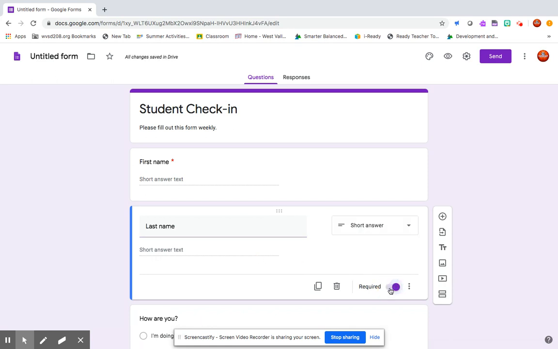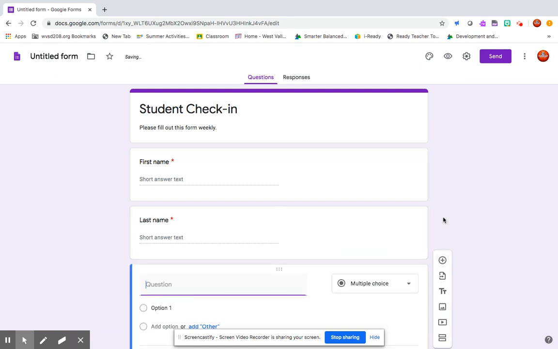Also, I would recommend if you teach multiple subjects or multiple periods, one thing that I like to do is add all those different options for students to click on. That way, when I go through their responses, I can quickly sort them. So again, I'm going to add a question, and I'm going to say, what period, maybe I'll just say class period